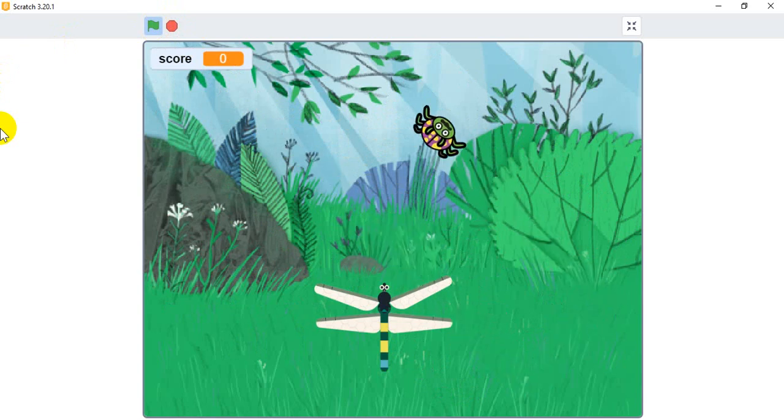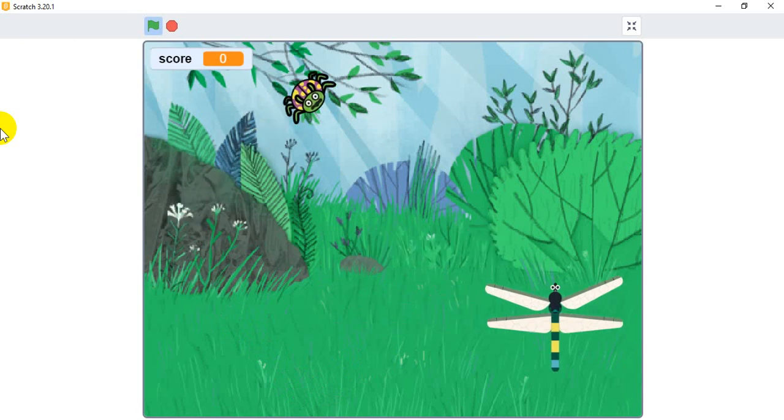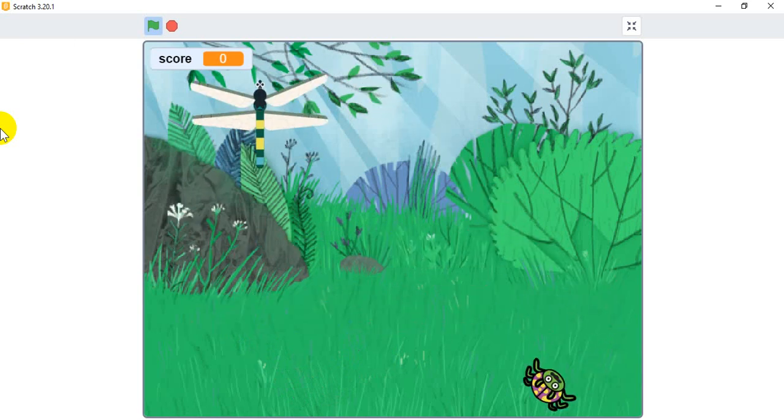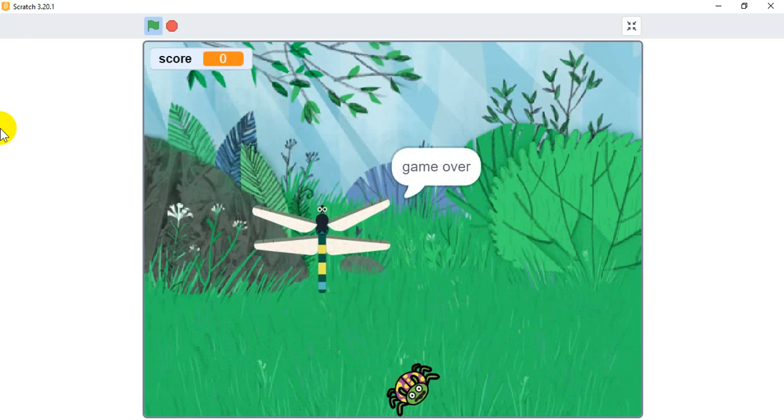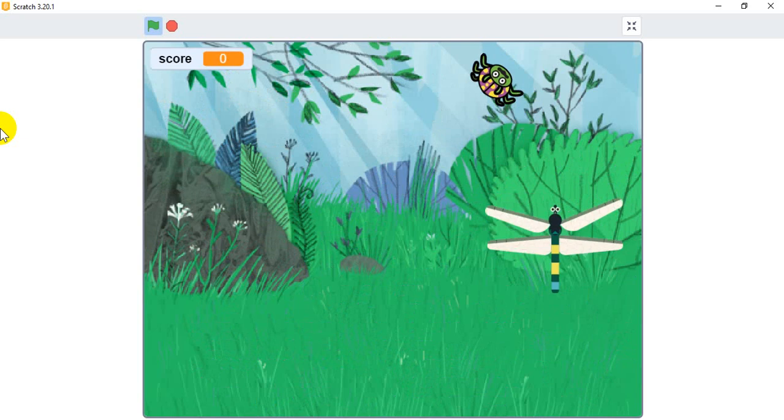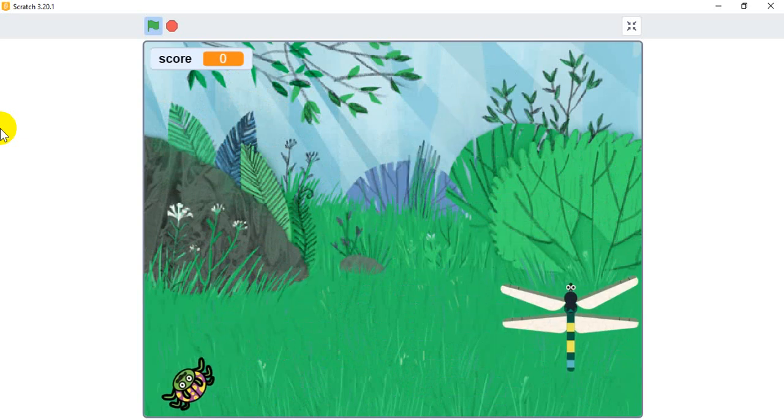So you want to dodge the bug and also shoot it at the same time. So we want to move it by the left, right, up, down. So this will allow us to freely move around. And the bug, I do not control it, the bug moves on its own. And then to shoot, we just press the space bar